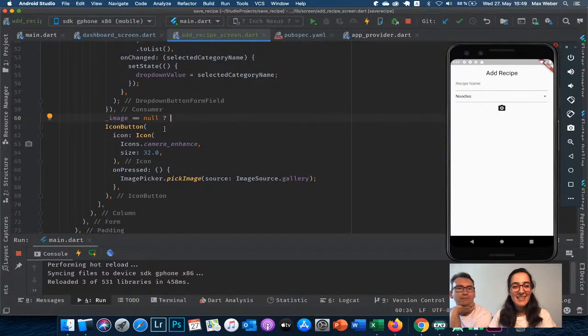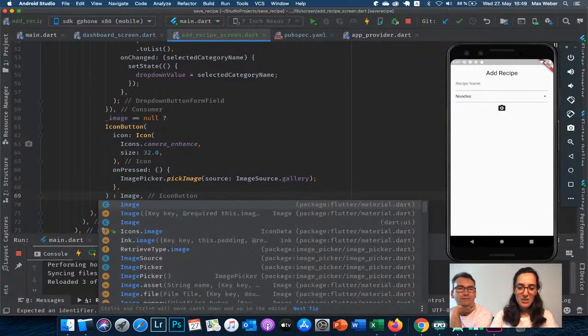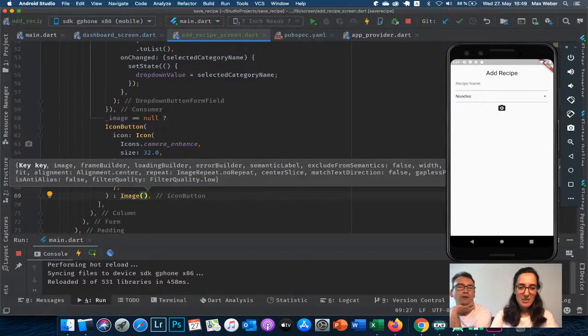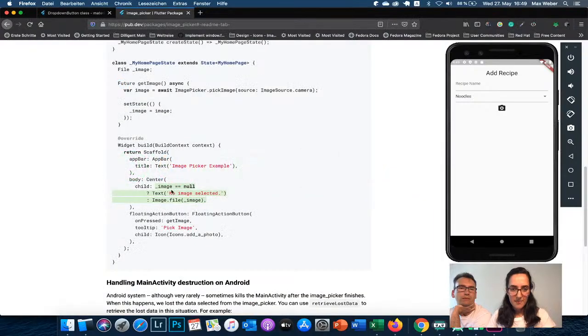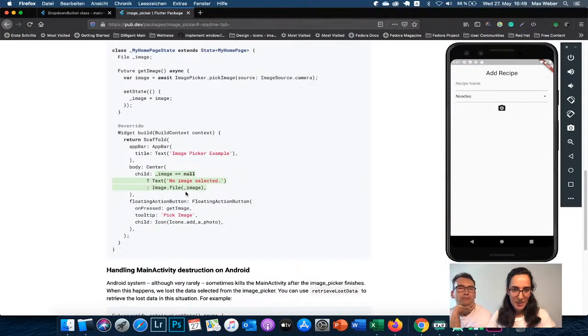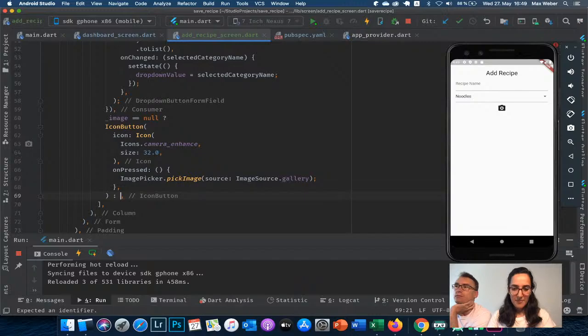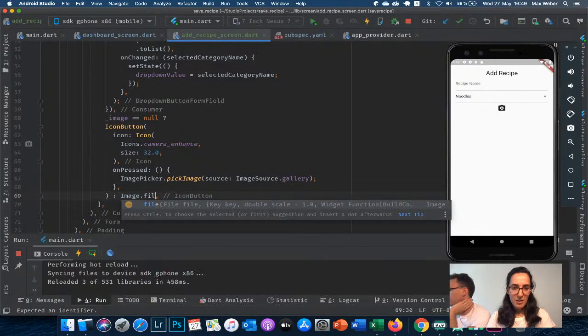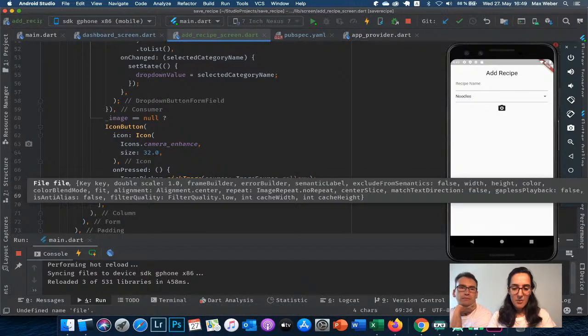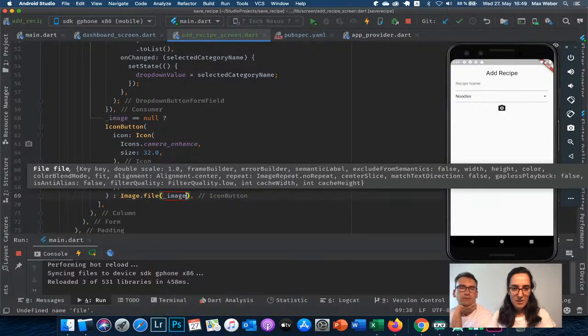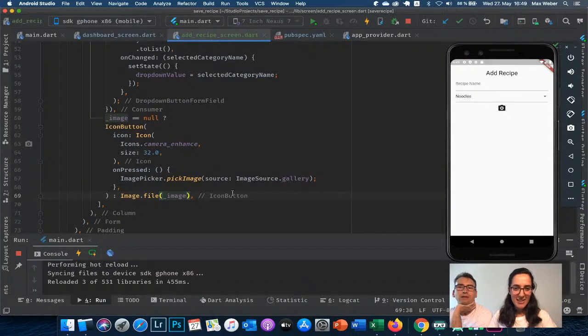Correct. And okay, and if the image is not null, I want, for example, to have an image. You can use the constructor here, like in the example. What is this one? So Image.file. Ah, yeah, here we go. Image.file, and this is with the image, right? Correct. Yes, because the image itself is just a file. Perfect. Okay, easy enough. And the next thing is,